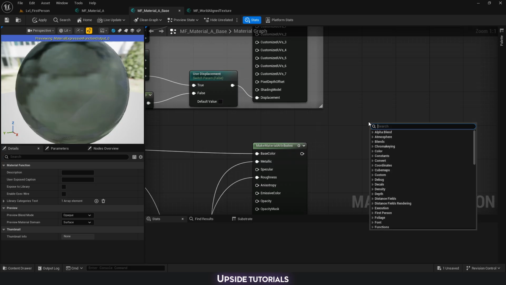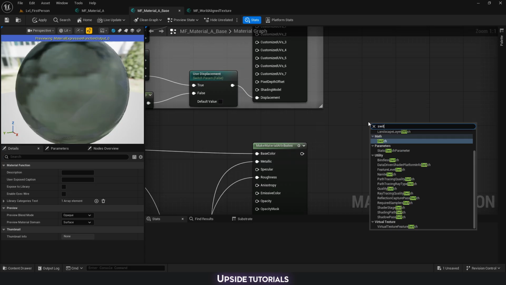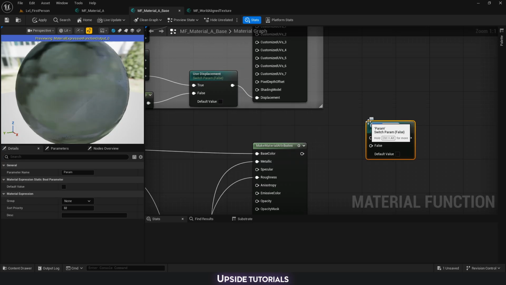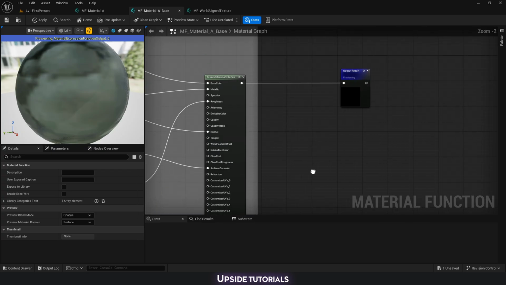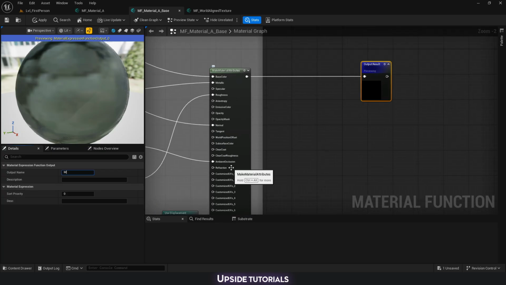And now let's set up a switch if we want to use the world tiling. So use world tile material. I'll make that true by default. And let's start setting some outputs. Here we have the material attribute